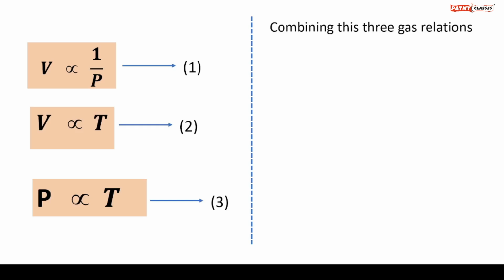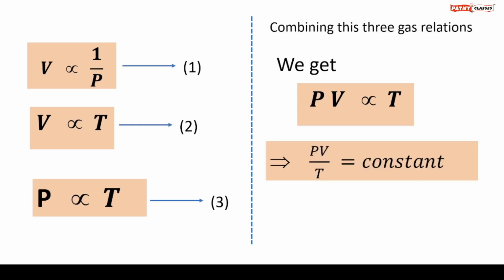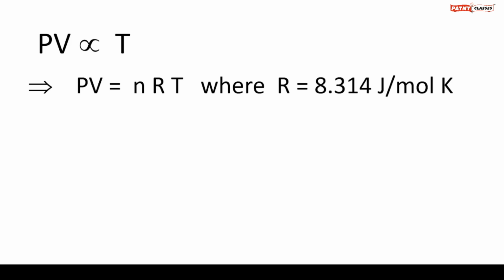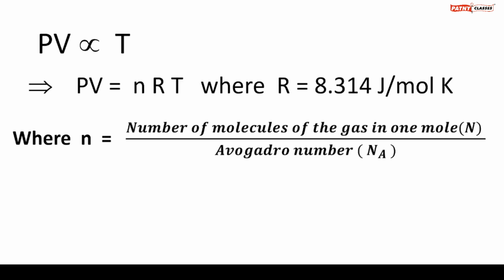Combining these three gas relations, we get PV proportional to T, which implies PV divided by T equals a constant, which implies P1 V1 divided by T1 equals P2 V2 divided by T2. PV proportional to T can also be written as PV equals nRT, where R is the universal gas constant whose value is R equals 8.314 joules per mole per Kelvin, where we can calculate